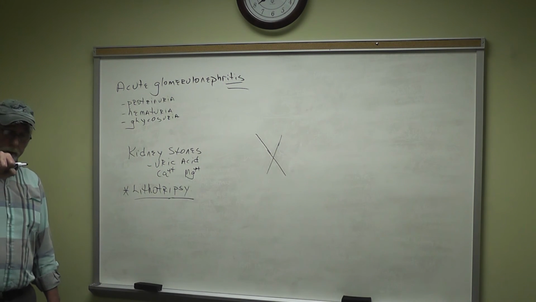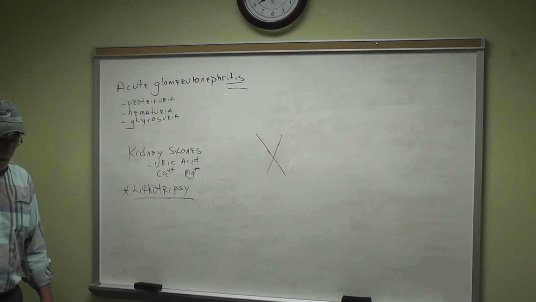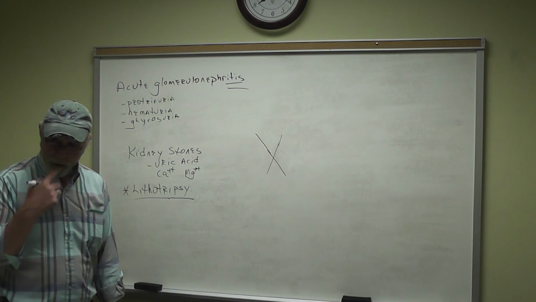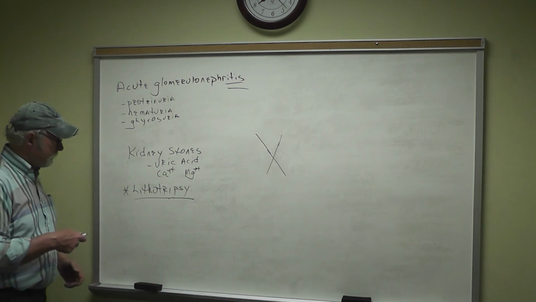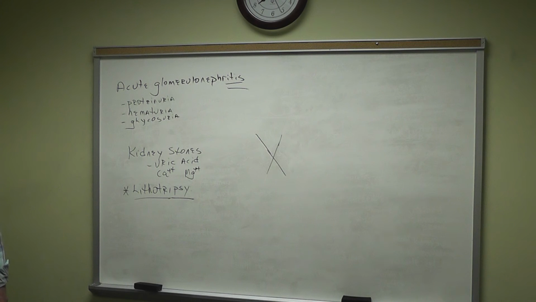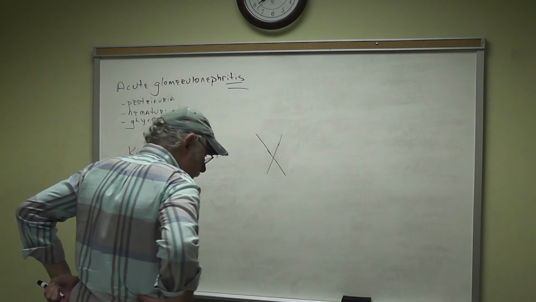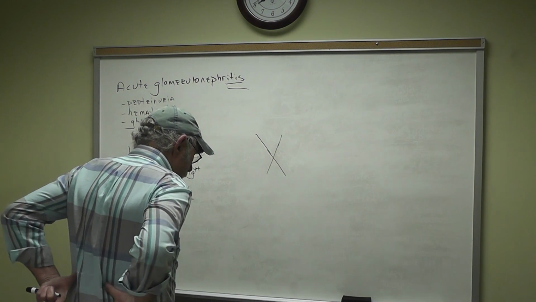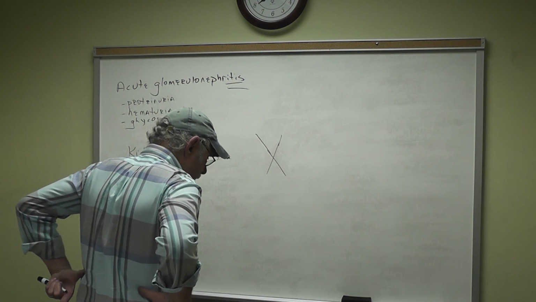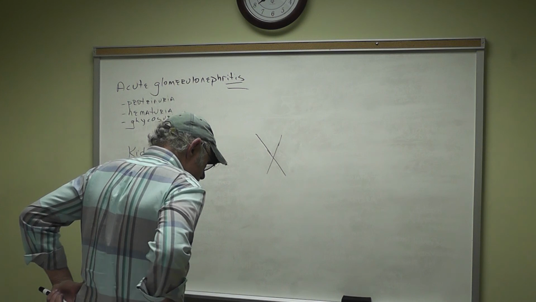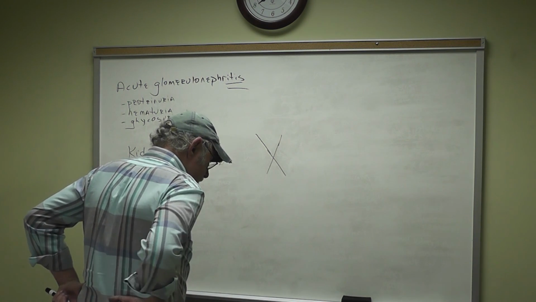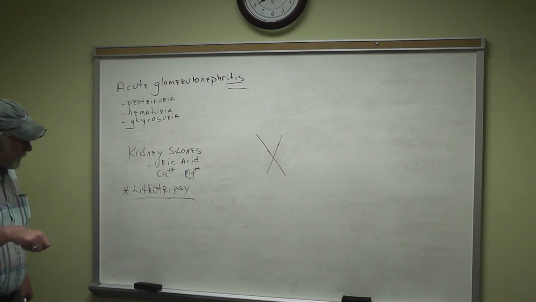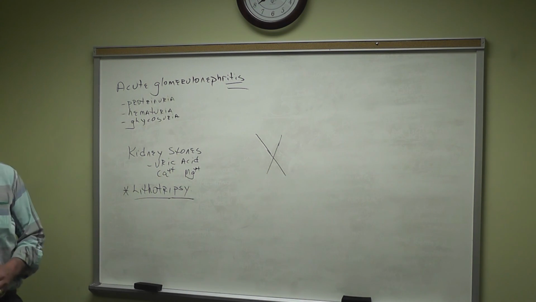Then they have an instrument, a wand, if you will, hooked up to high frequency radio waves, and they would blast the rock with these waves. It's not invasive. You don't have to open up the body to do it. You access the kidney from the back, because your kidneys are located retroperitoneal. Most of them are protected by your ribs, but part of them, especially on the right side, hangs a little bit lower and is not protected by the ribs. So they use this wand using fluoro, and they can